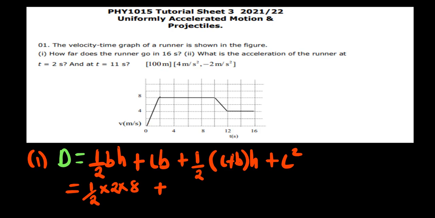The length for this rectangle starts at 2 and ends here at 10, so 10 minus 2 is 8. So 8 is multiplying by the breadth, from here to there, that is 8. So this is 8 plus